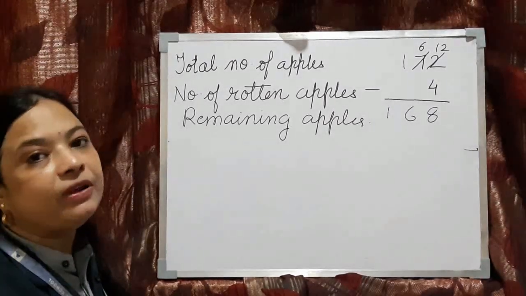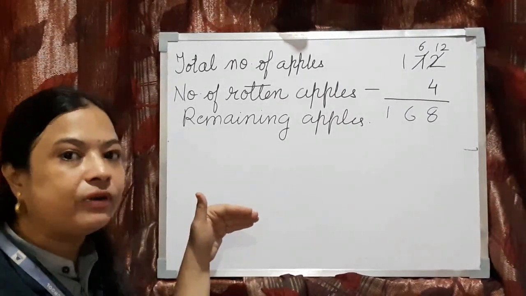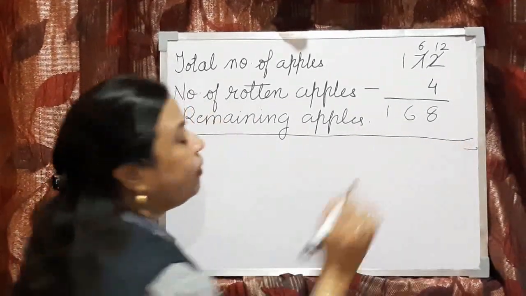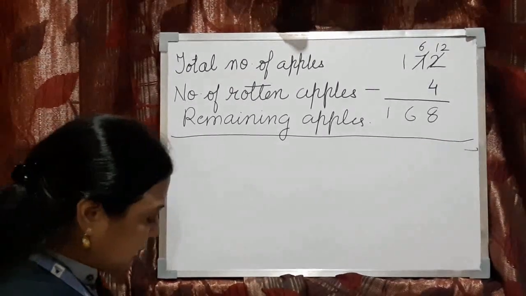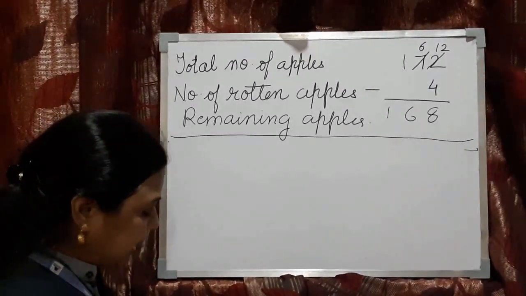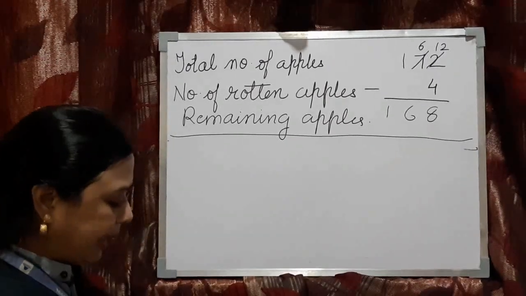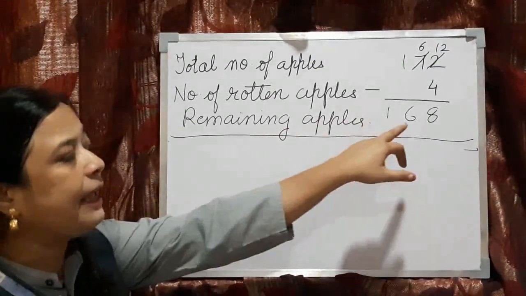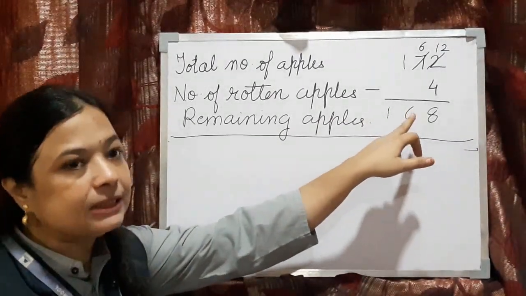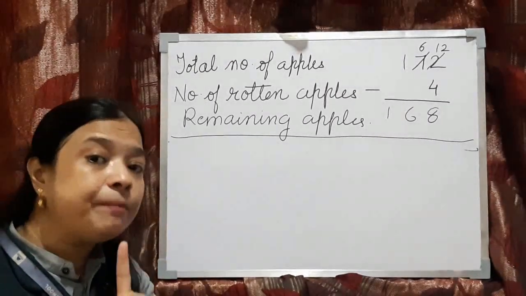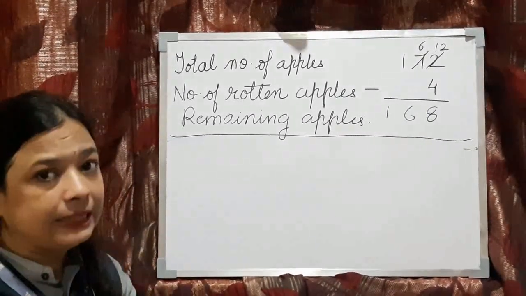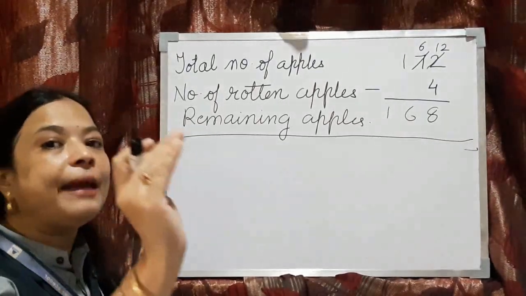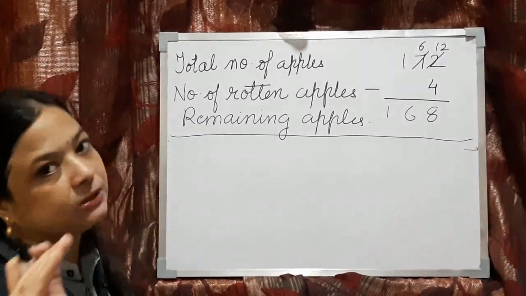So the statement that we will write now is for our division sum. What we will write down, children? Here what is given? He threw away 4 apples which were rotten and he packed the rest of the apples equally in 8 boxes. Equally in 8 boxes मतलब 8 boxes में कितने apples रखे उसने? 168. Now we have to find out that in one box how many apples were there. अब one box के अंदर कितने apples थे? तो यहाँ पे हम statement में क्या लिखेंगे कि 8 box में कितने apples थे? 168. तो one box में कितने apples हैं?